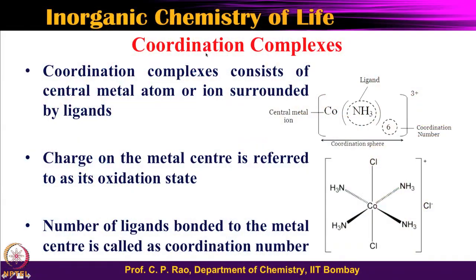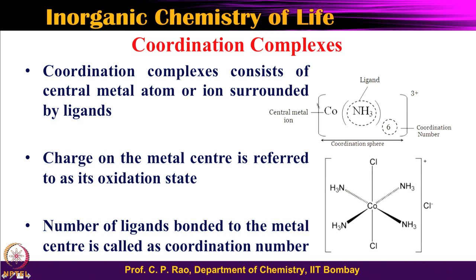So, let us focus on the slide shown over here, coordination complexes. Obviously, in any coordination complex you have a metal ion, and the metal ion is surrounded by the ligands, and that is what is basically referred to as a coordination complex. Then the metal ion has a certain charge, a certain oxidation state, and ligands may have a charge, or may not have a charge. Therefore, the overall charge is determined by the oxidation state as well as the charges present on the individual ligands. So, it is a summation of all this, which I am sure you are all aware of.